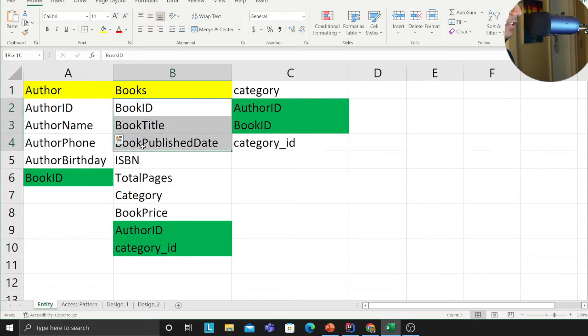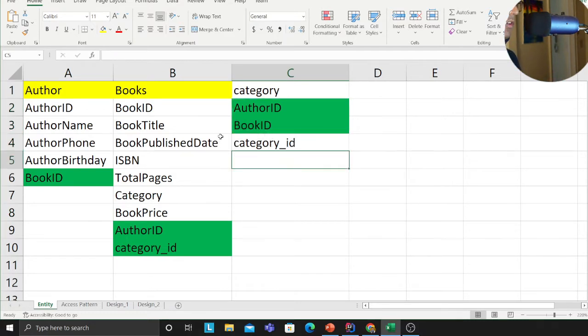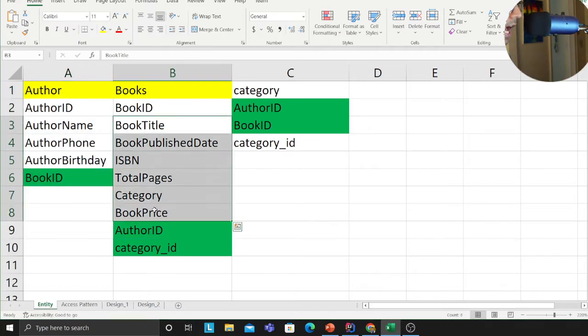An author has several books. An author will have an ID, name, phone, birthday. Books will have a title, publish date, ISBN, total pages, category, and book price. A book can be in sci-fi, cloud computing, etc. When I have many-to-many, for an author I want to fetch books, and for a book I want to get all the authors. I'm referencing here: in the author I'm referencing the book, and in the book I'm referencing